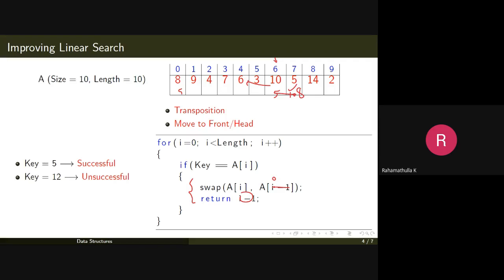So the element that you are searching multiple times will be slowly moving towards the 0th position. That is the transposition method. Move to front is bringing your entry to the very first position directly. That is, if you're searching for an element 5, at that point itself, you bring it to the first